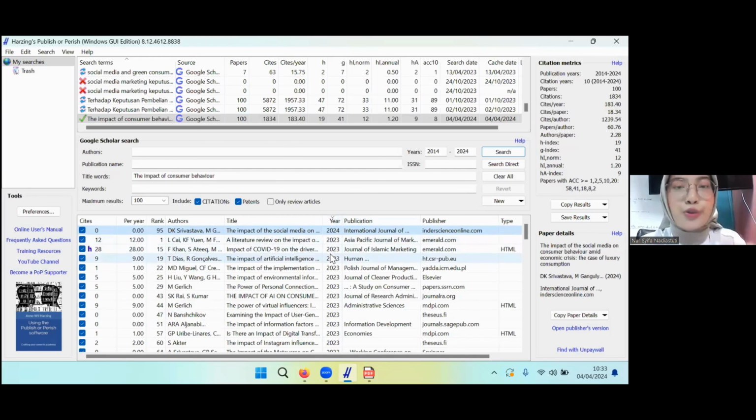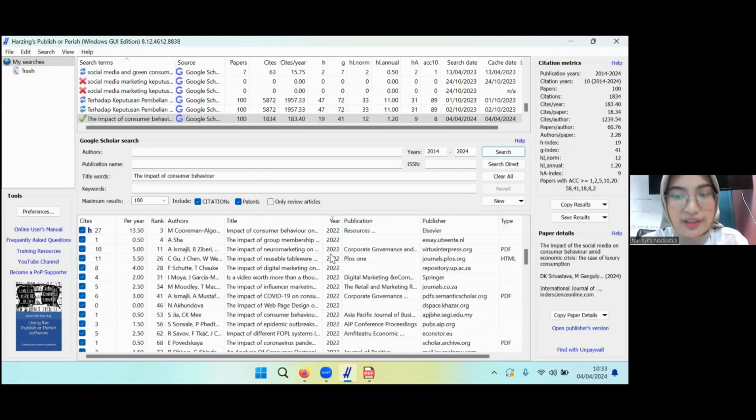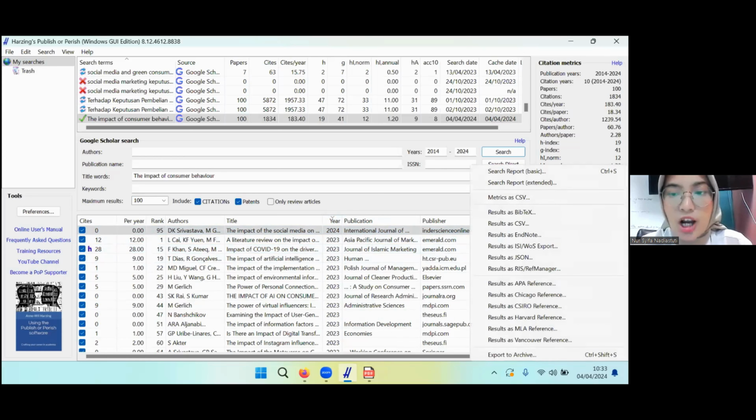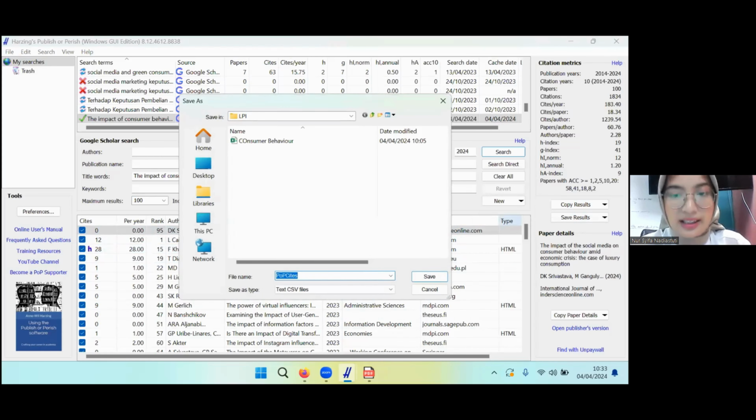And if you want to save all of the papers here, the title and other metrics, on your laptop, you can save the results as a CSV. You can click it, and then you can click the document folder that you want to save in.